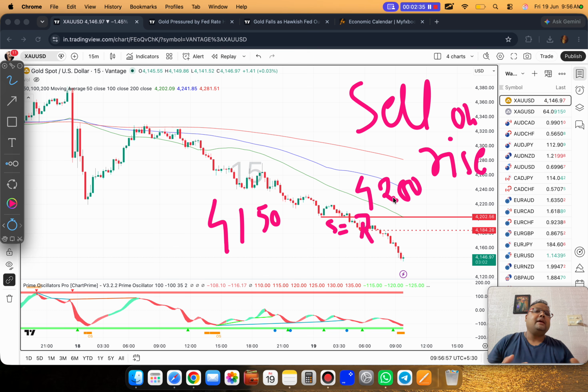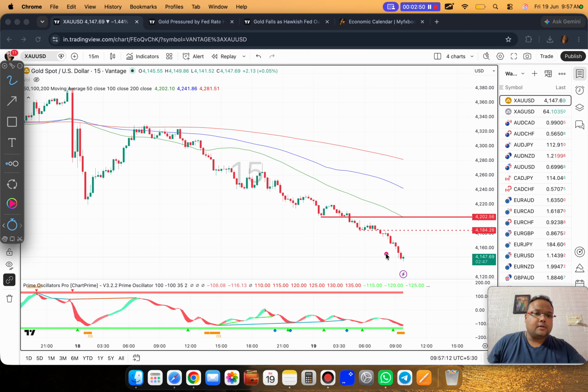So during the day, if the market recovers, observe the market. If the market shows price rejection from above, hit the sell button. We have another selling opportunity at 4184, 4185. Let me remove the drawings here. See, this is another selling opportunity where we can look for a sell position. Apart from these two, we do not have any other resistance right now, because there is a sharp fall on the chart of gold.